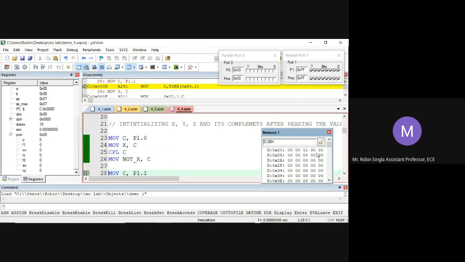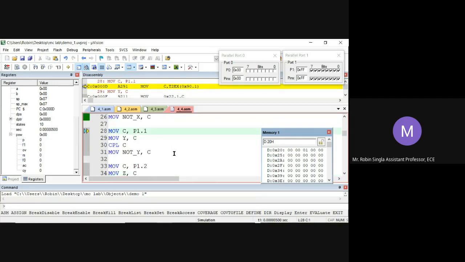Okay, it was already 0, so no change happened. Maybe we can make it high again. Restore FF. Okay.